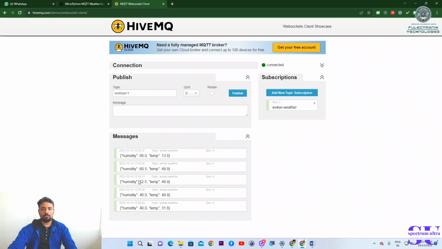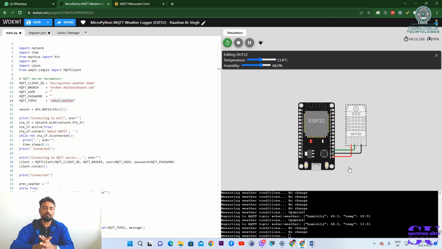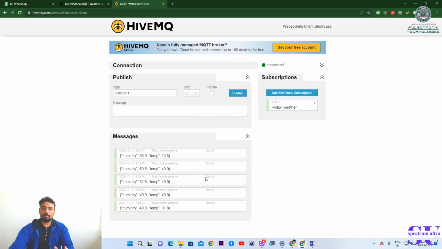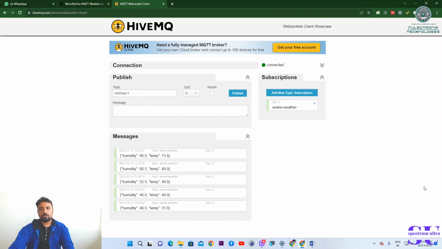And you remember I told you that we are importing time because we are getting the time also, and the topic name, and here we are getting the date and time also. So this is MQTT, where it collects the information from the sensor and sends it to our broker. Clients can see it, but clients cannot identify where it came from. I mean, they cannot identify that it came from this person. That is the beauty of using MQTT. So I hope it is clear to you.